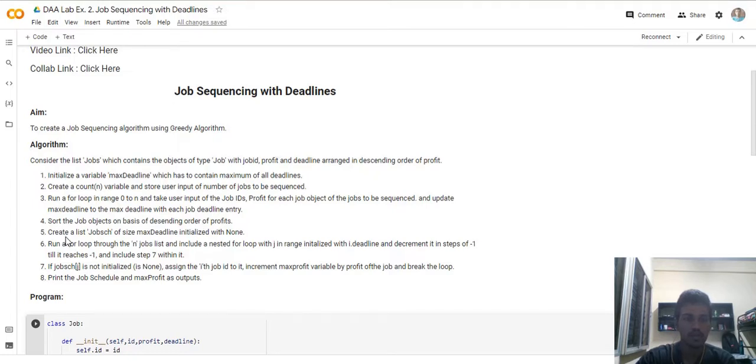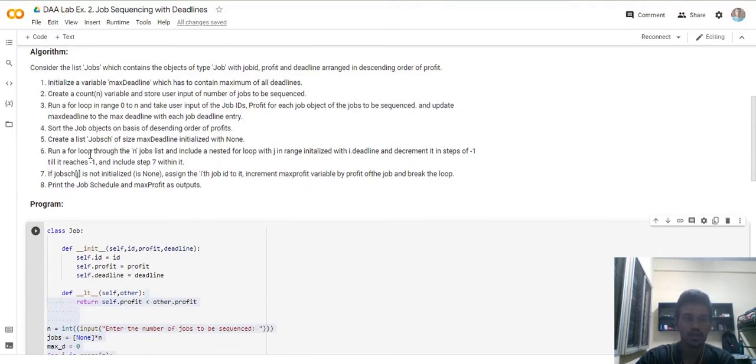And then we create a list called job scheduling with size of deadline, because only that many max deadline days are there and that many jobs we can schedule. So we create it of size max deadline. We initialize all of them with none,